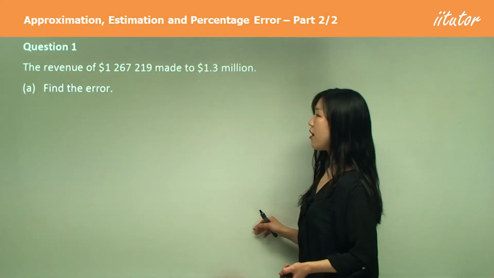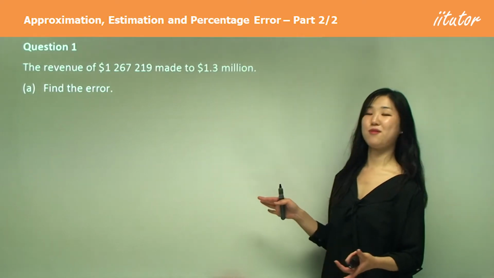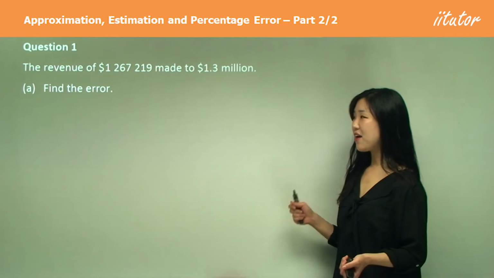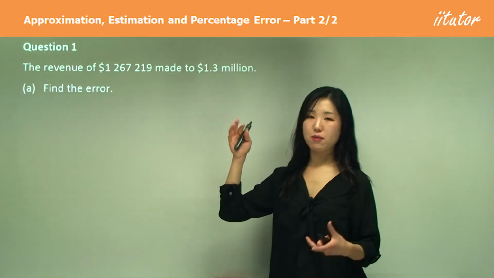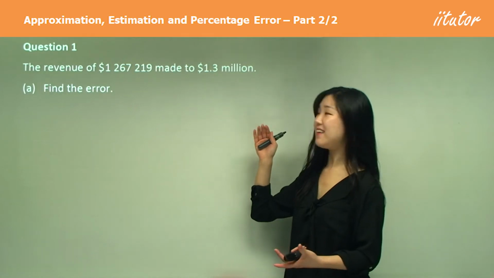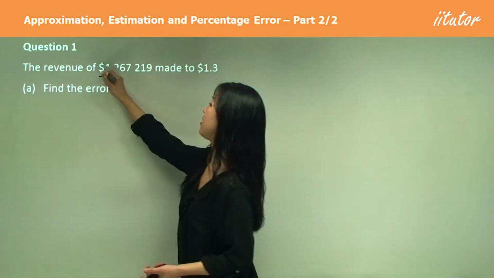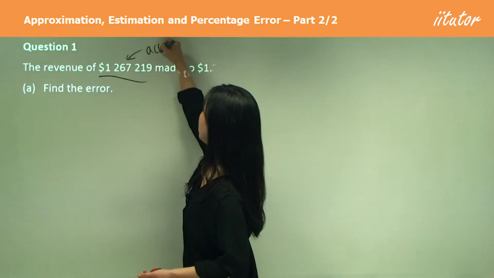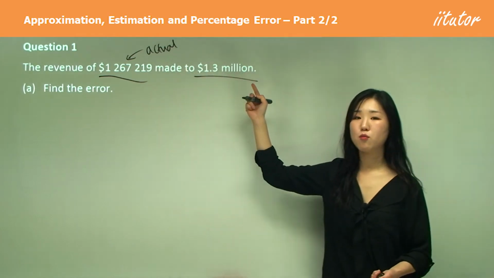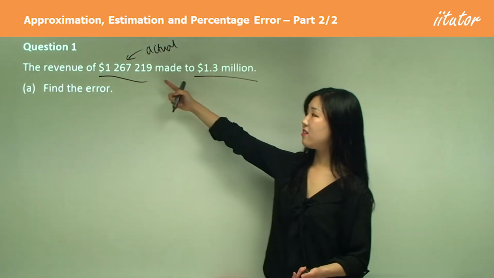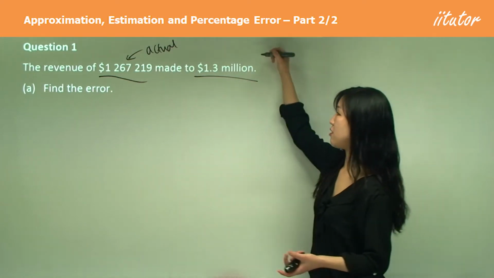The revenue of that particular figure that I don't really want to read, it was made to $1.3 million. Now A, it says find the error. This particular expression says that this is the actual value, okay? So this is the actual, and this is made to this. So 1.3 million is, I guess, close to this number, but it's just a rounded off value or approximation,